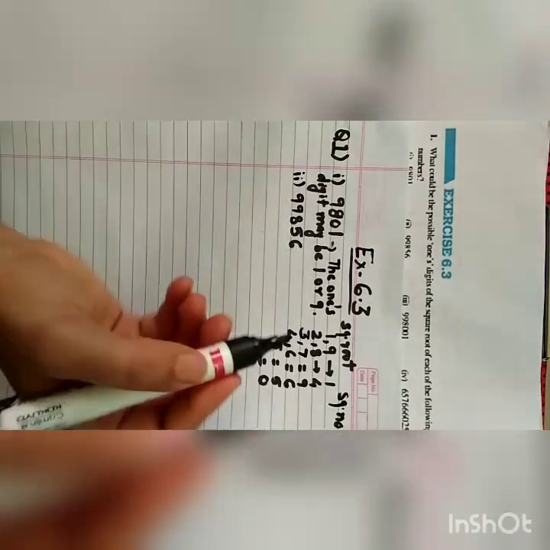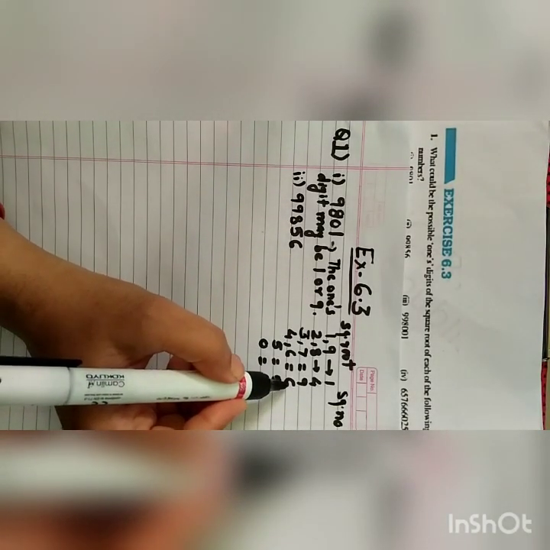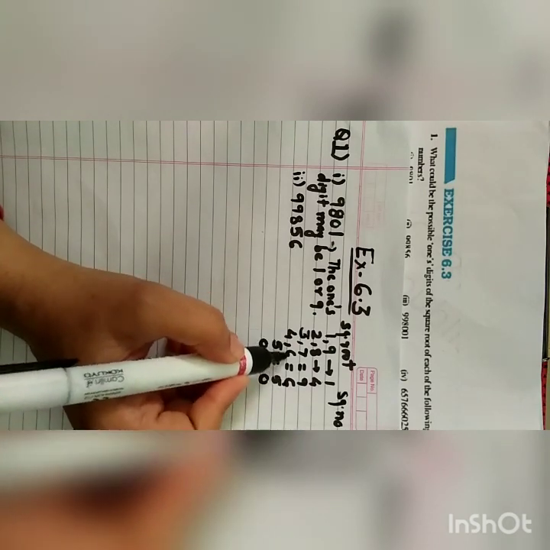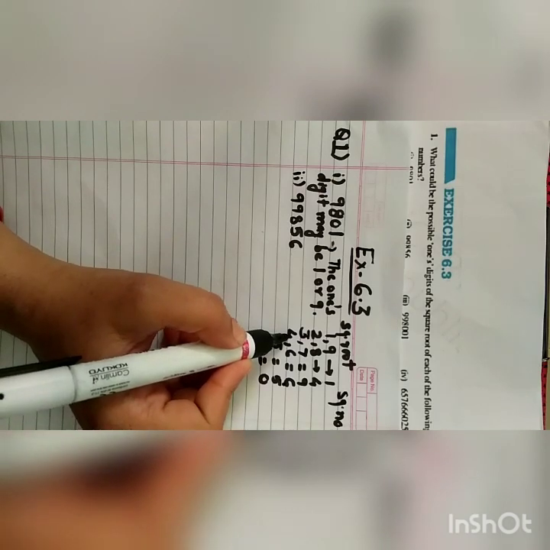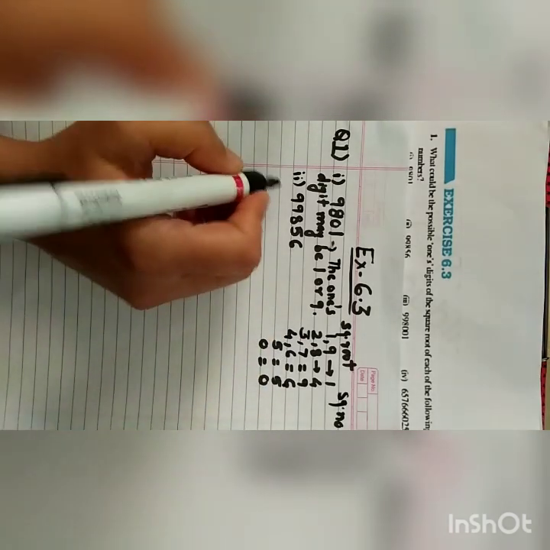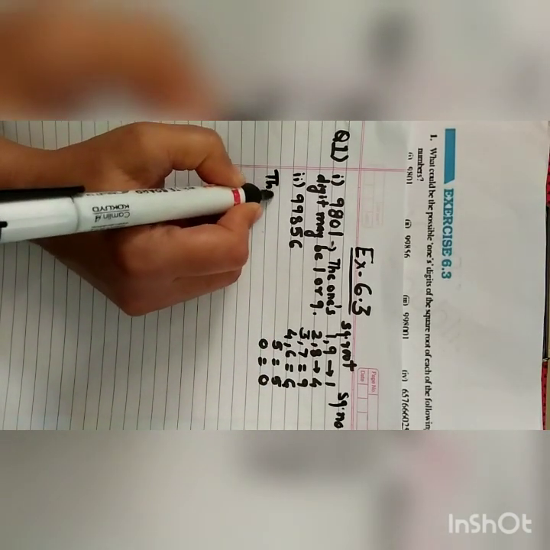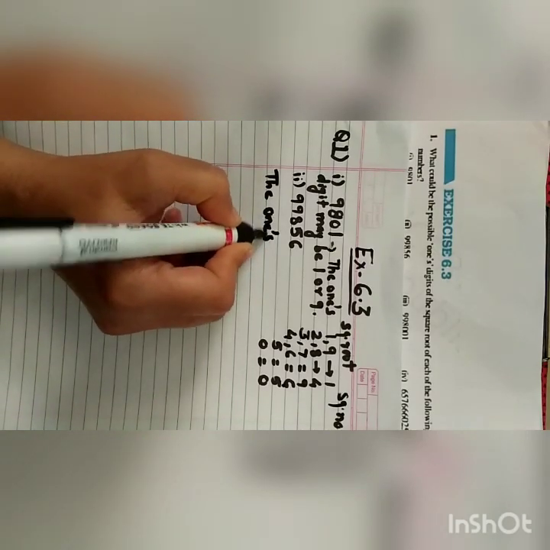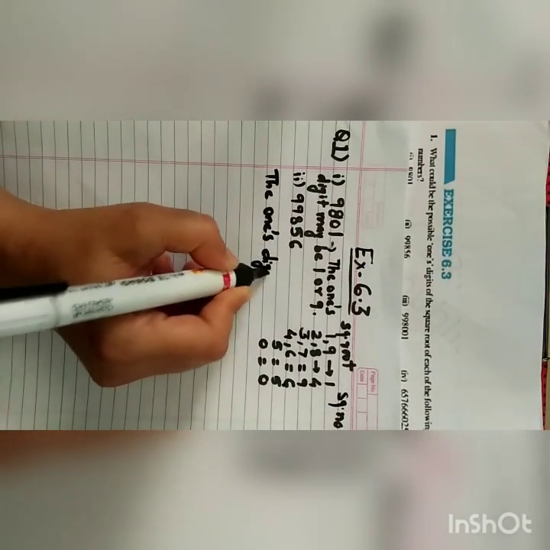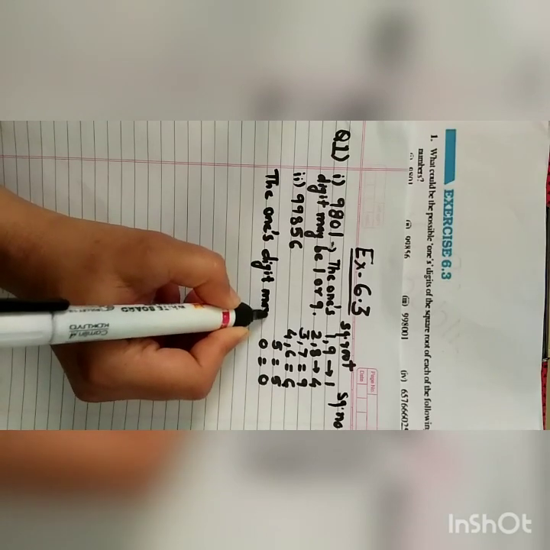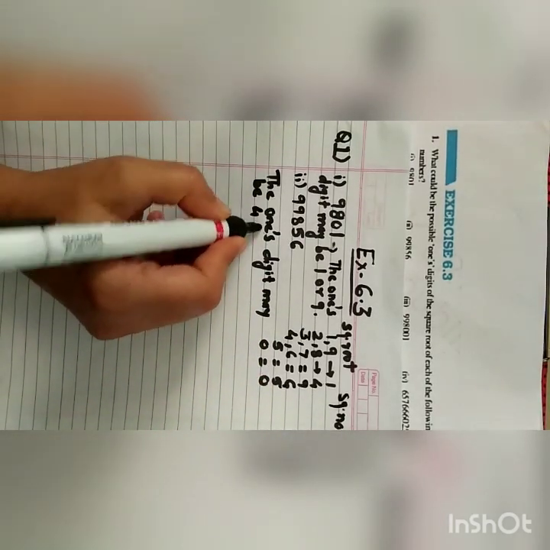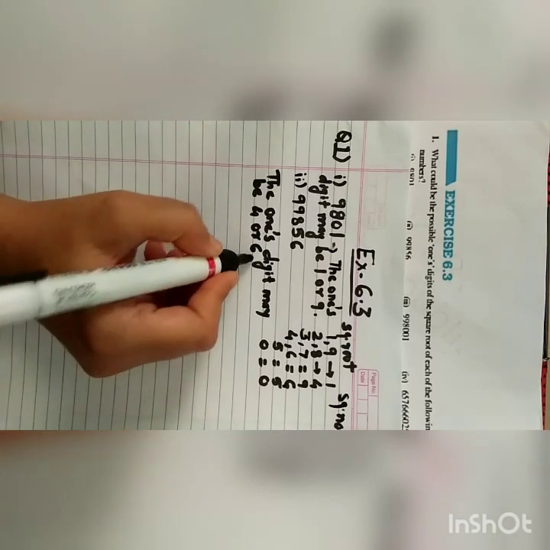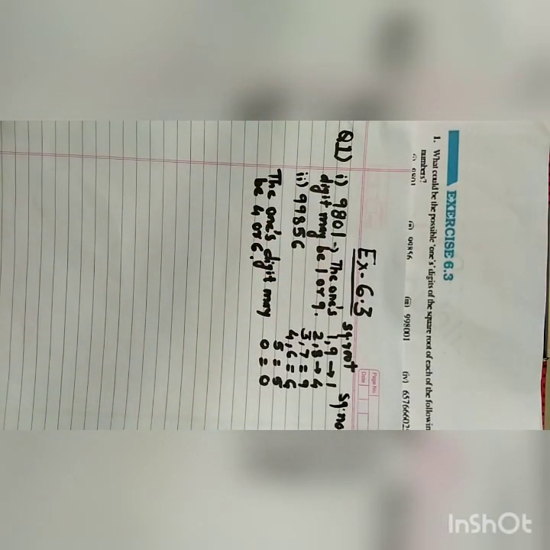The second question, the second example of that question only, 99856. The square number ends with 6. For 6, what will be the possible square root digit, ones digit place? It will be 4 or 6. So we will answer that the ones digit may be 4 or 6. For 6 it is 4 or 6. So in this way we have to answer.